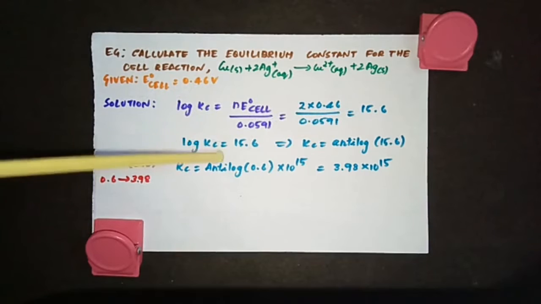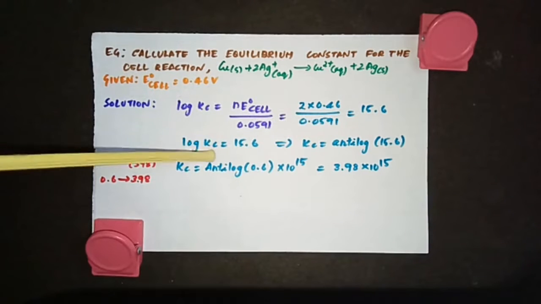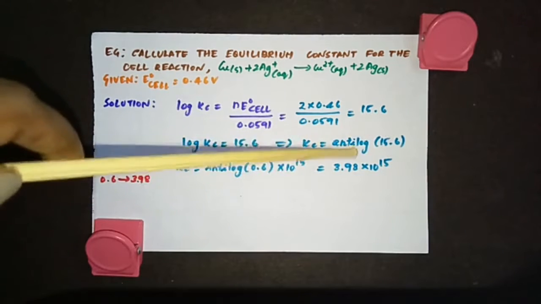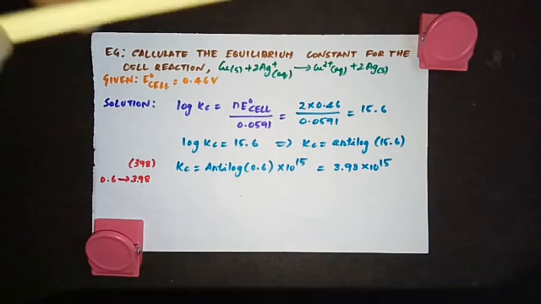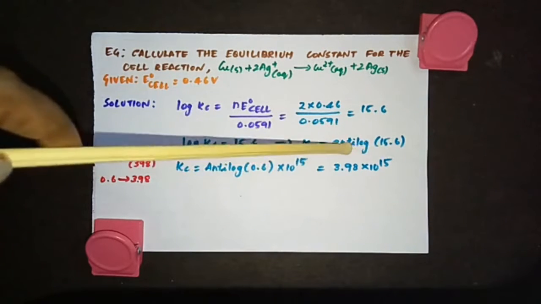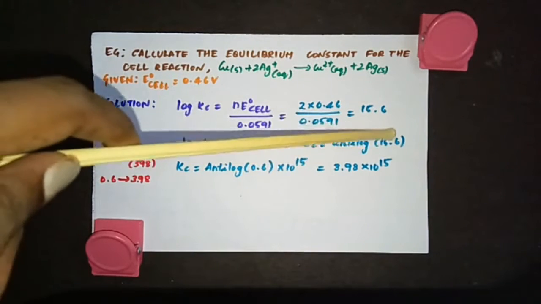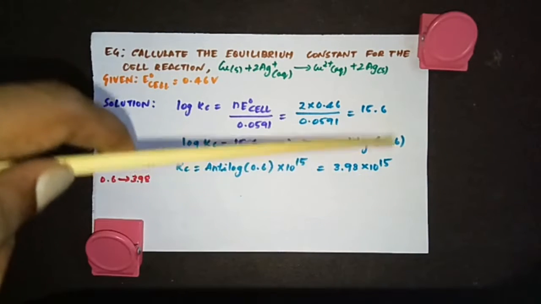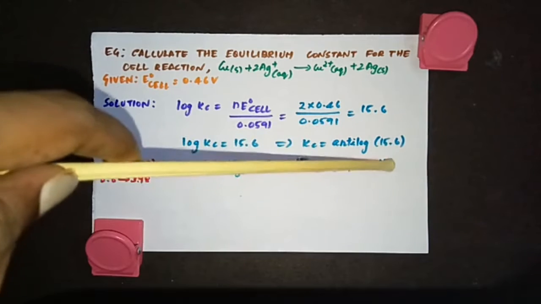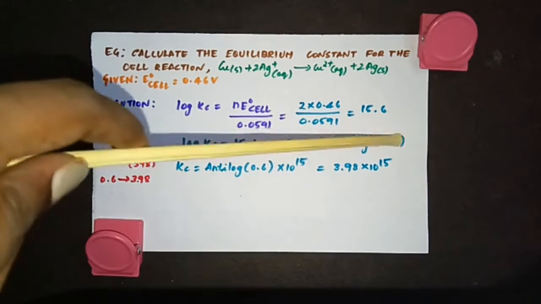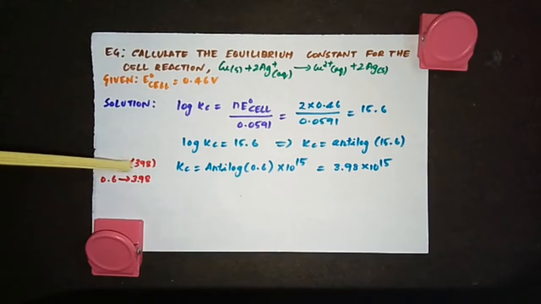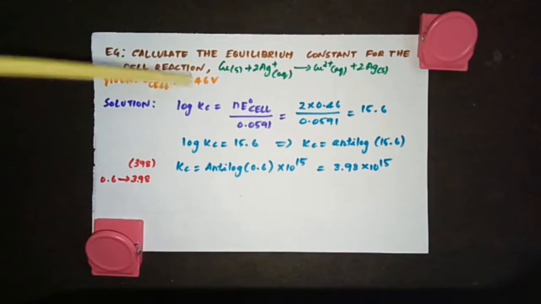Now log Kc is equal to 15.6, but I want the Kc value. So Kc is equal to the anti-log of 15.6. Here also we have an easy way. Do you remember how we had 10 power 7, and we put the rest as 7.1139 in the previous problem? In the same way, if you are taking the anti-log of 15.6, leave this 15. Put that 15 as 10 power 15. Whatever value you have before the decimal, while taking the anti-log, put it in the power, 10 power 15. Now take the anti-log of 0.6. So the anti-log of 0.6 is equal to 398.